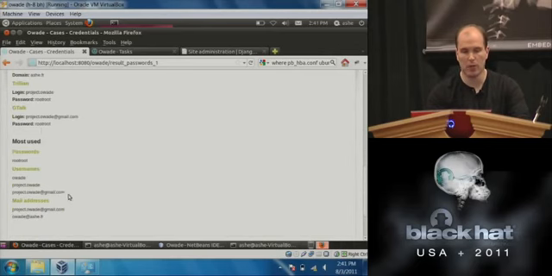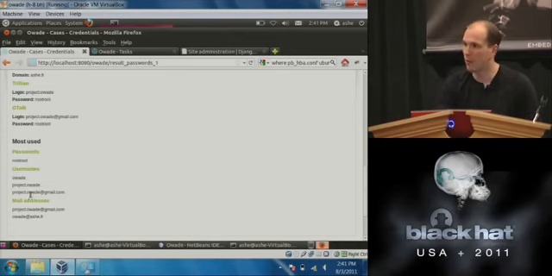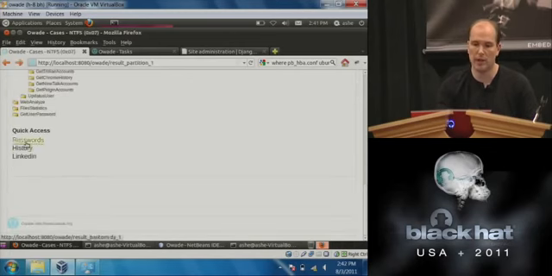And we can tell you which are the most used usernames and which are the most used email addresses, so you can do some statistics and analysis and see if people are reusing passwords or not with a single web page.